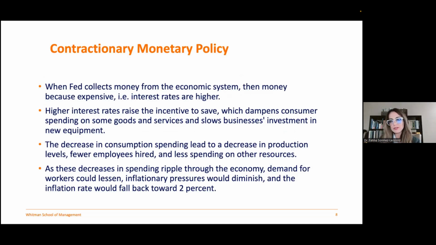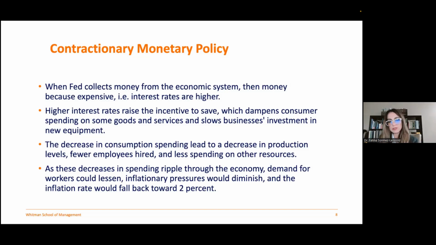And the way the Federal Reserve Bank deals with that is that they need to take out the supply of money from the system so that money becomes expensive, i.e. interest rates become higher. So when interest rates are higher, clearly we do not have incentives to consume. On the contrary, we now have an incentive to save because our money is actually more valuable right now. And this saving preference will clearly